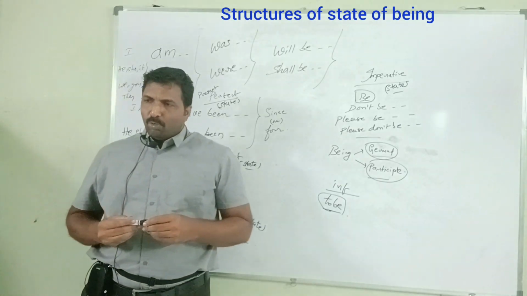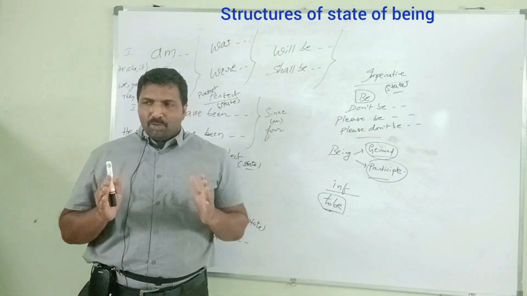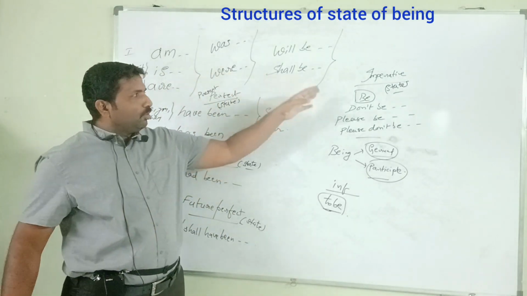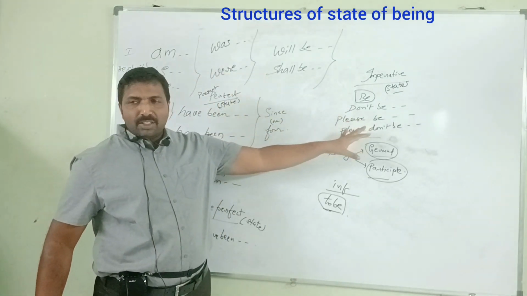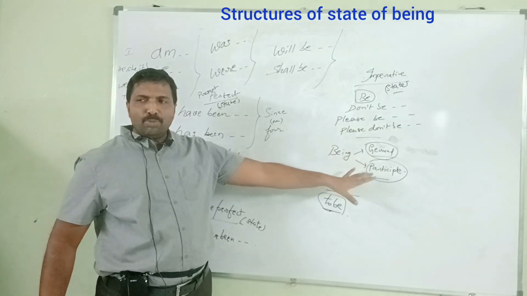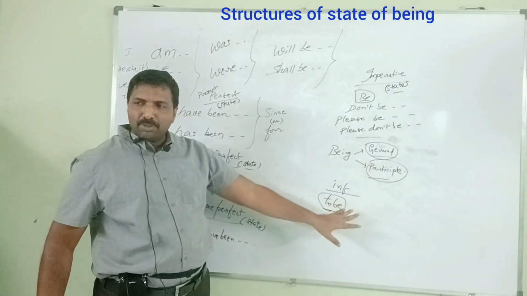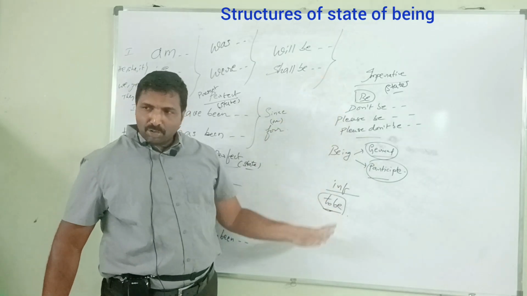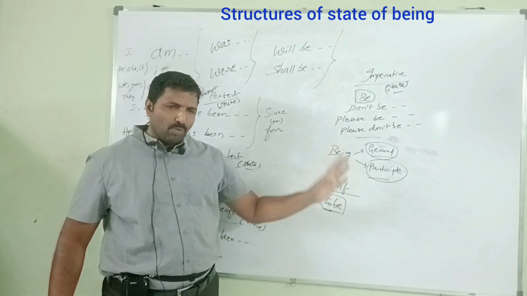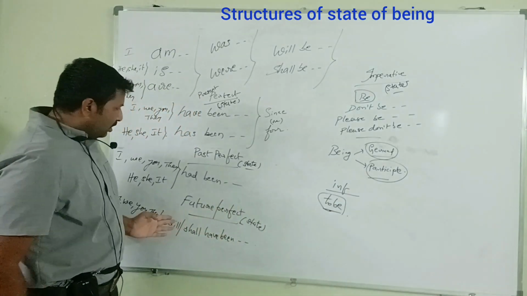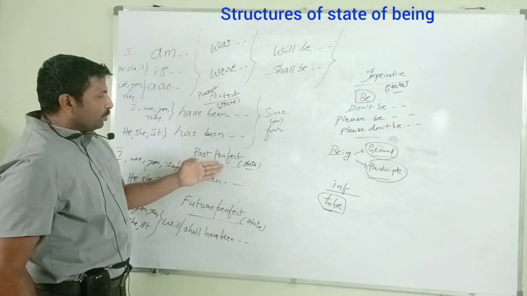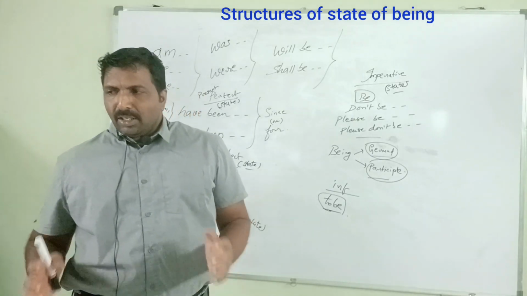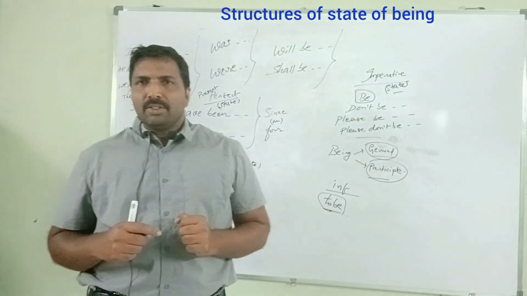If you know why to use these structures, you will also come to know state of being imperative sentences, state of being gerunds, state of being participles, state of being imperatives. It is possible to have command on these topics also, though they are slightly advanced. Again, future perfect state of being, past perfect state of being, we will discuss all these things. First of all, in the second class for beginners,